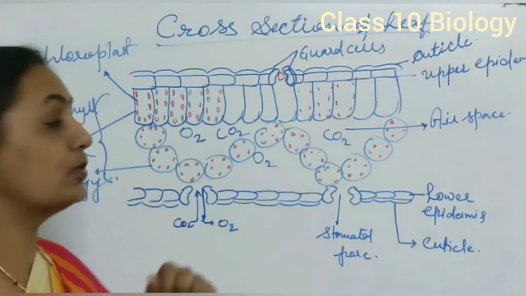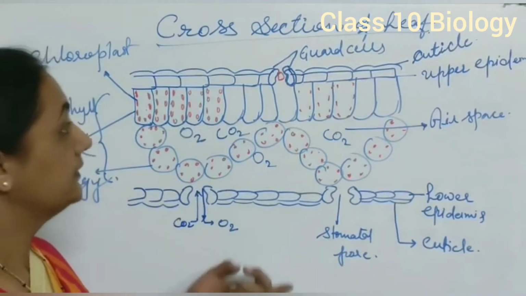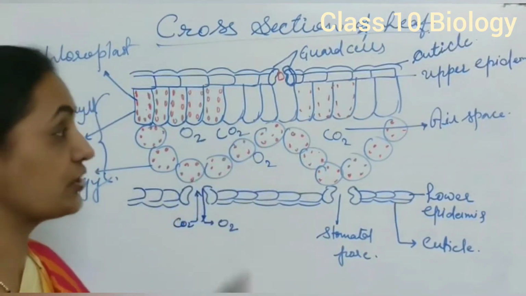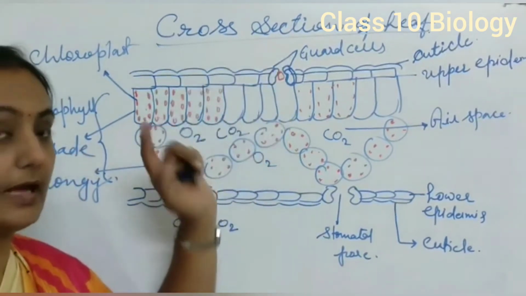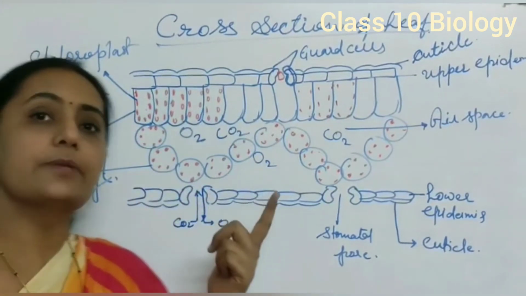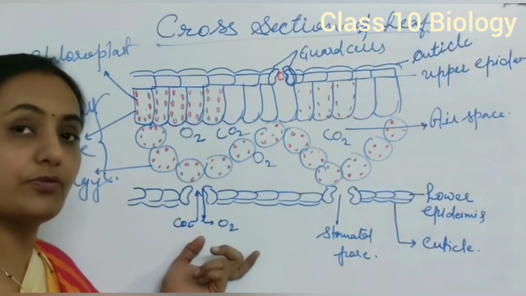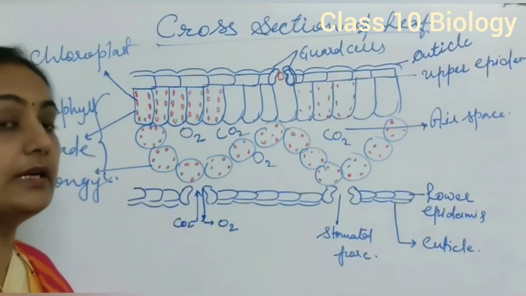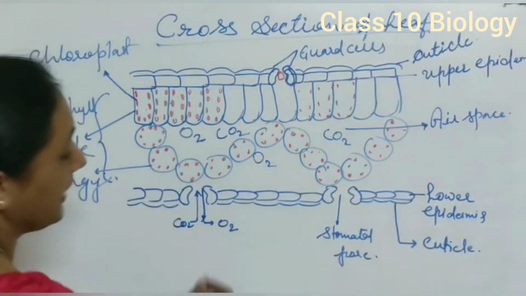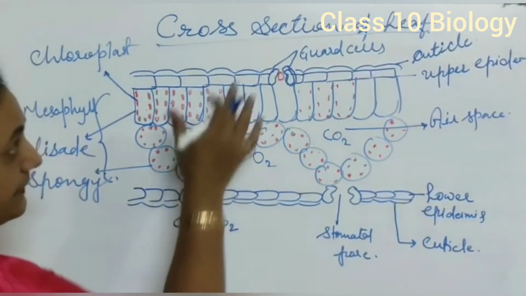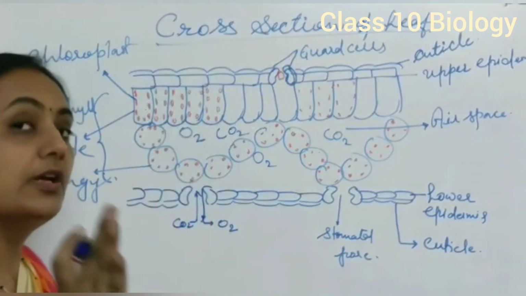Loss of excess amount of water from the plant, that process is called transpiration, which is carried out through stomata. As well, the second function is exchange of gases, that is O2 and CO2. That is also performed by stomata. So here, our purpose is to study the cross section of the leaf, to study the process